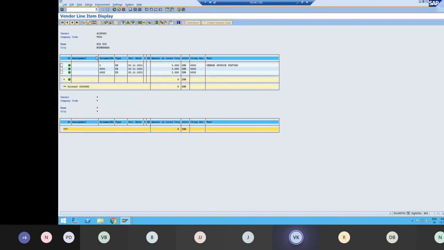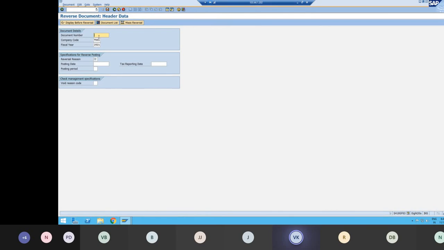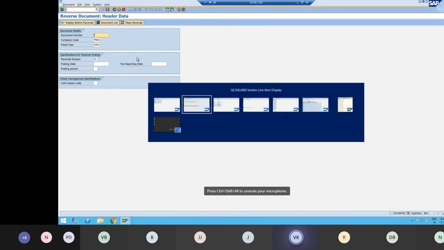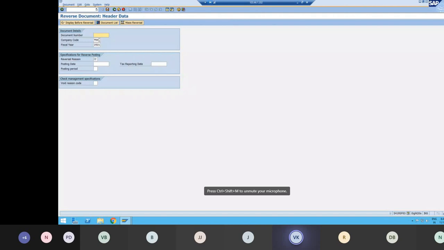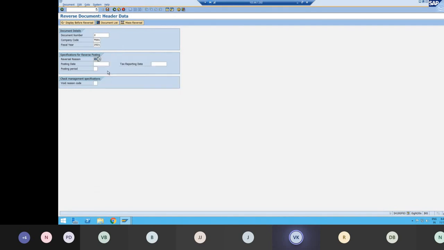Usually in production, when you try to do some analysis, this is how the errors come. I'll give this date. See, it says document only includes cleared items.